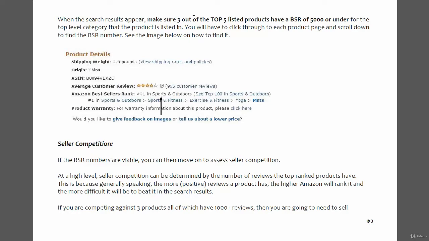Now I've written down here the criteria, that you will need to make sure that 3 out of the top 5 listed products have a BSR of 5,000 or under. Okay, so just write the products, write the numbers down, but then you'll need to go back, and when you're assessing the criteria and all the data, you'll need to bear that in mind when you're choosing which products to